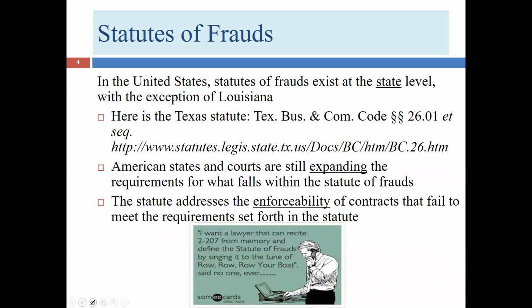The statute that has to do with writings is called the Statute of Frauds. This name is awful. This is the name that we have in every state, as far as I know, other than Louisiana. To me, when I see this name, it sounds like it's a statute that's going to discuss how to prosecute frauds, right? Let's break from this for a second and let's go back to our chart of the